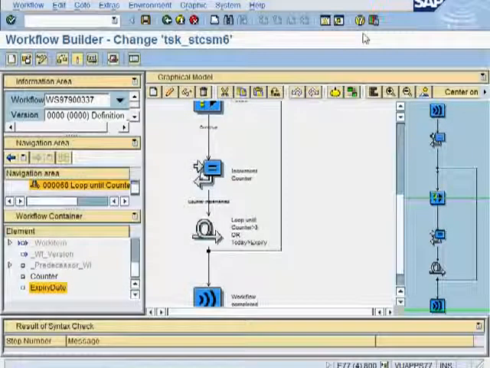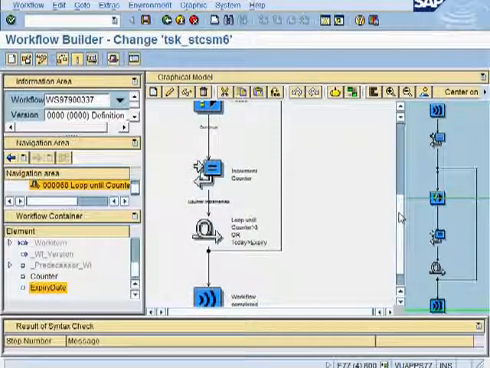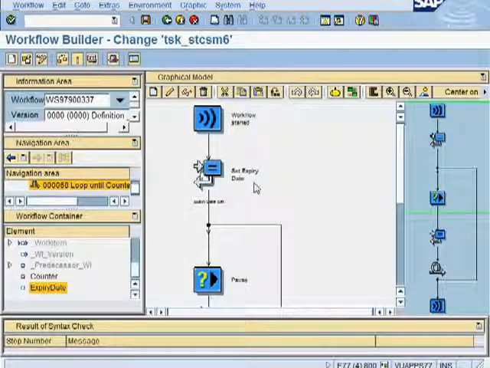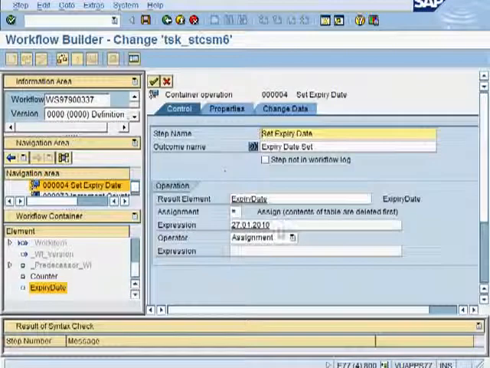Hi, this is a continuation from the previous video, which talks about how to play around with looping in SAP workflow. So this time, I'm going to change the date to 1st of February, so that when the system date, which is right now 31st Jan, it will be greater than that. And what will happen is that